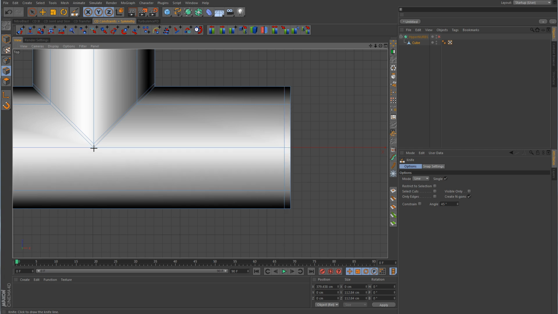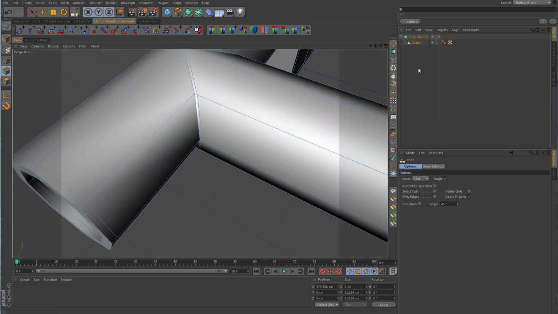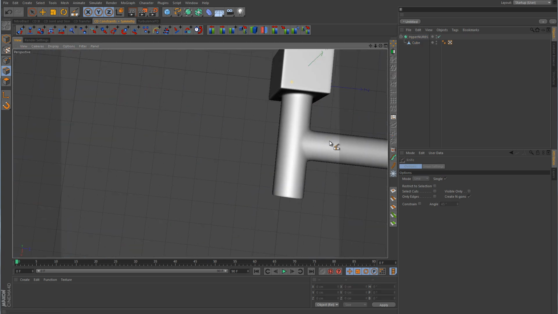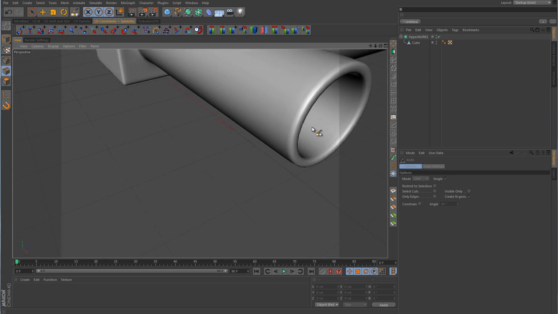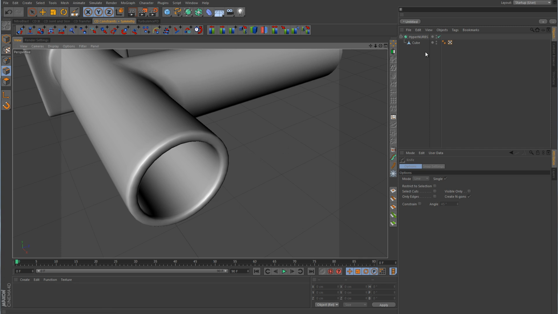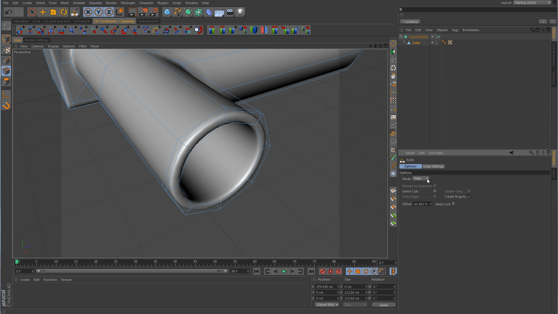Now we also need to come over here to this point here, and we just need to clean this up. So what I'm going to do is click it, hold down shift, and then drag down. That way we don't have a point that just kind of stops there. It continues over and down through the rest of the cylinder. Alright, now notice that by making that cut over here, the edge here is starting to look a little better. So we'll take the knife tool back to loop mode again,